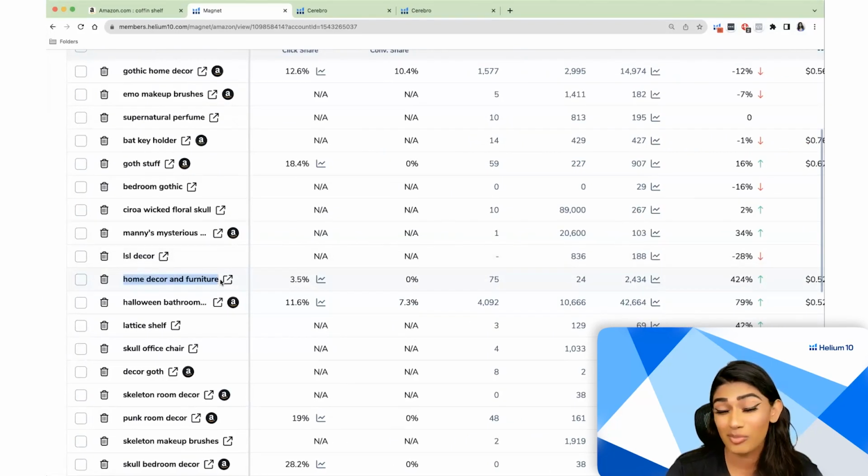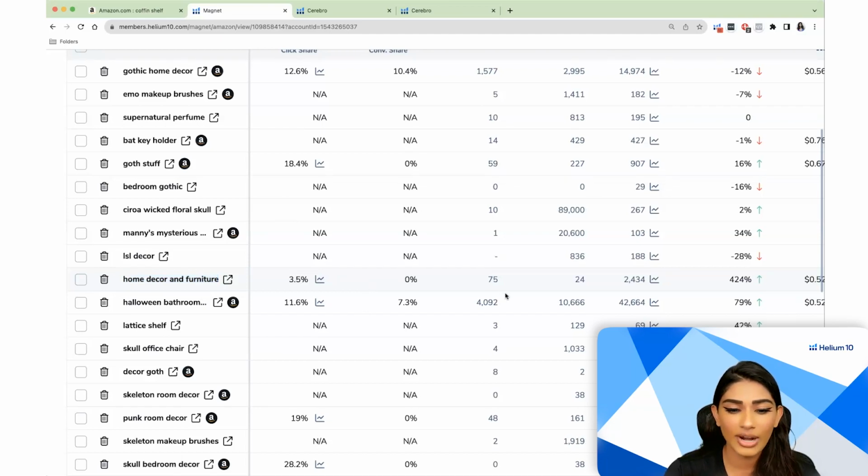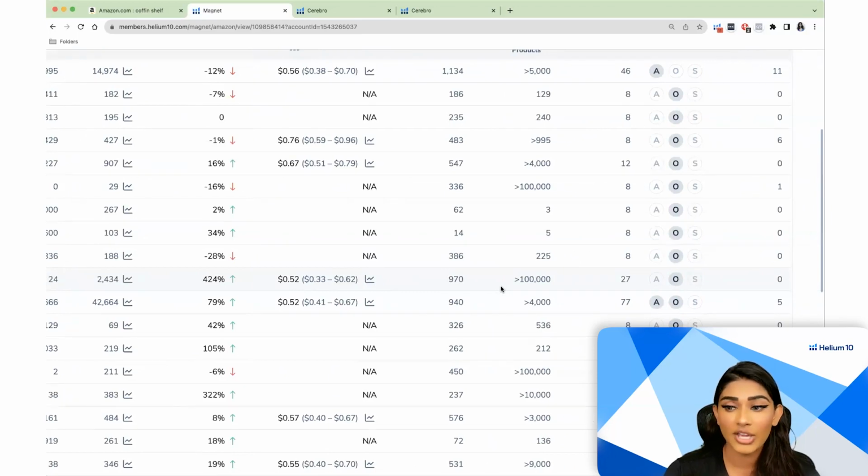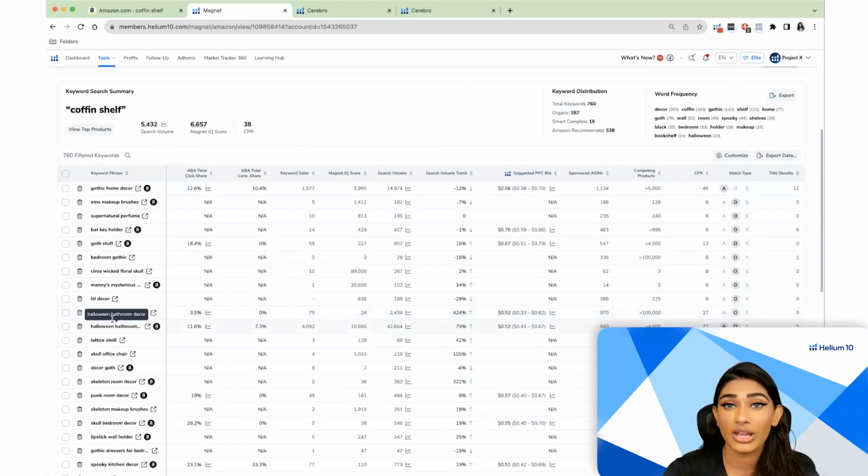Now, this is a lot broader than I would like it to be, right? This is not something I would necessarily want to opt for. But for the sake of this example, let's pretend that it is something that we want to go for. Then what this means is every day when I run my PPC campaigns, I could actually pause that campaign after I've sold 3 or 4 units. And so this is a great way for you to go in and maybe find keywords that are relevant that you do want to rank for, and then understand when you can pause your campaign, save a little bit of money, and still rank at the top half of page 1. And of course, make use of the search volume that is presented for that keyword.